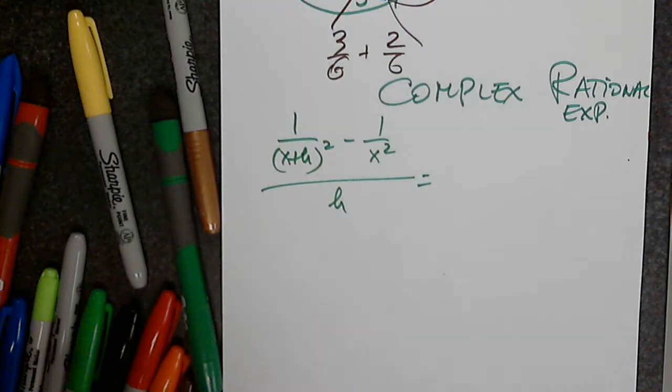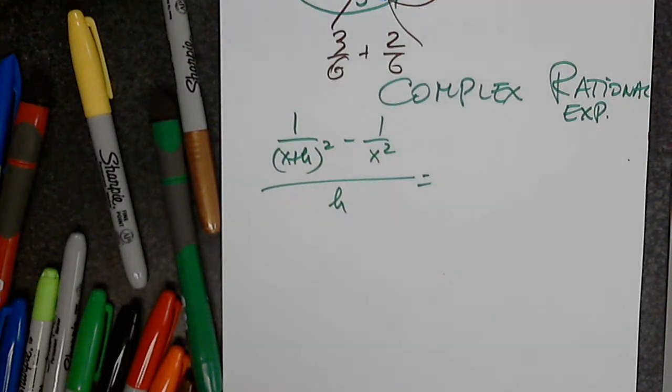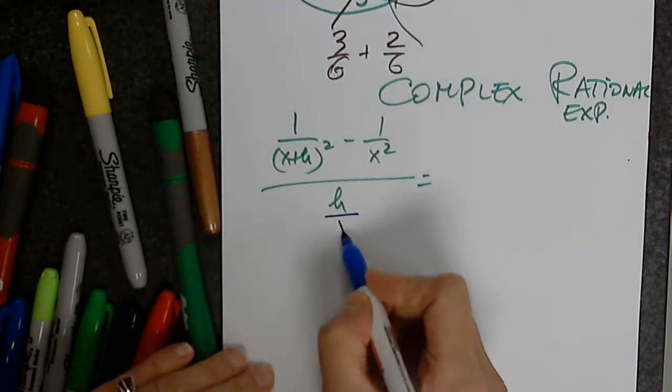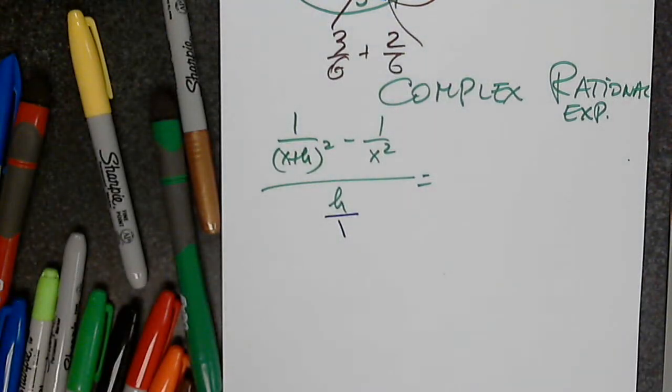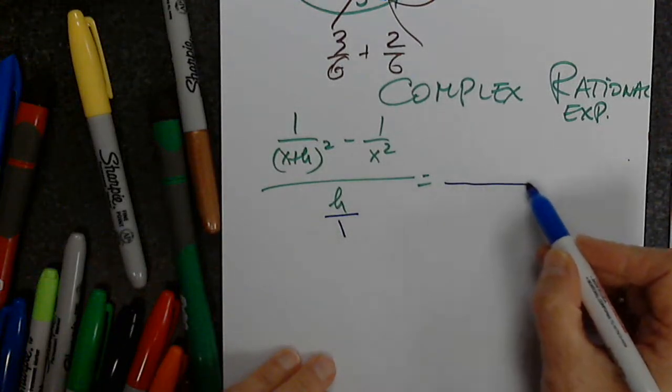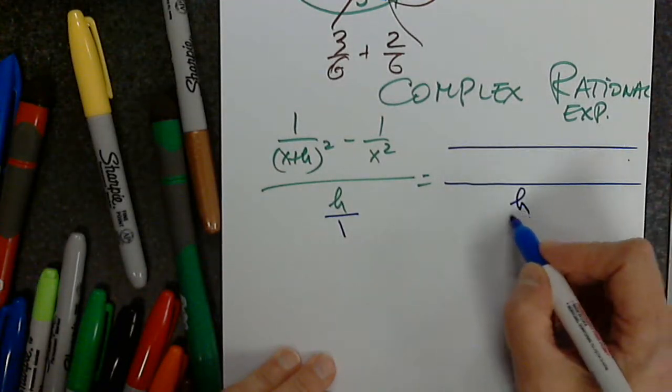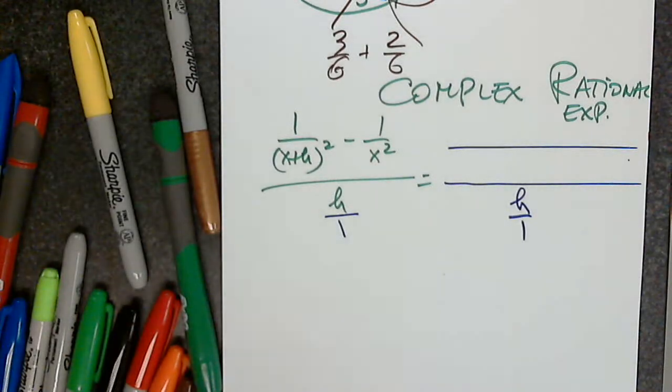In order to simplify a complex rational expression, I have to completely simplify the top, make it into one fraction, and the denominator make it into one fraction, and then multiply by the multiplicative inverse. So I'm looking at the numerator. There is nothing I can do to the denominator other than writing it as h over 1, nothing else. So I have to find the least common denominator in the numerator, which is